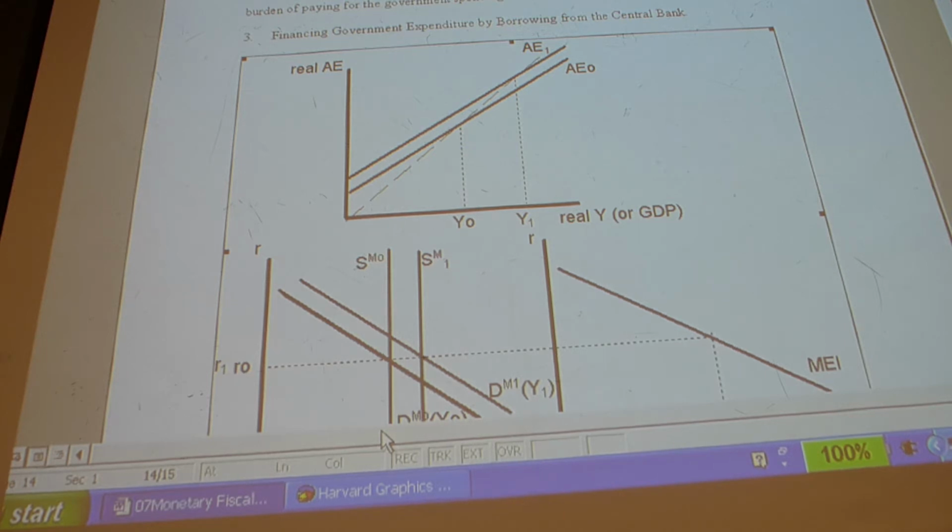How about this? How about an increase in government spending financed by borrowing from the public? This is not good for you. Because besides the fact that it crowds out, the increase in government spending is financed by taxes in the future, which is on you people. So we can get into an interesting discussion about how you finance government spending, what's the political effect, and so on. These simple models can take us in all sorts of directions. We can talk an awful lot about what should be done.